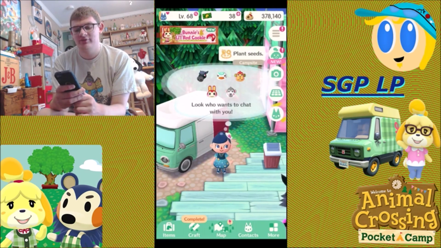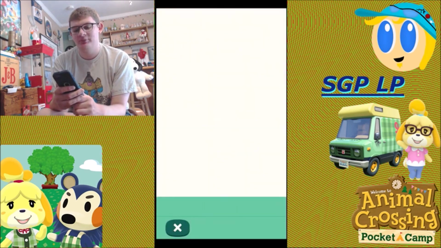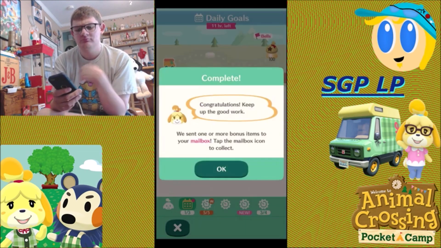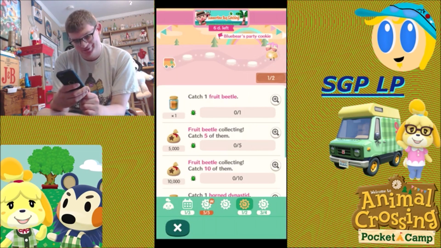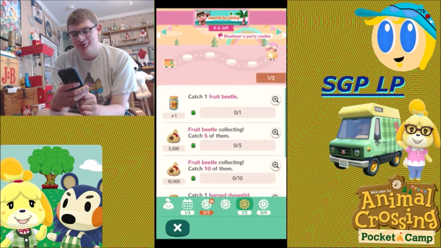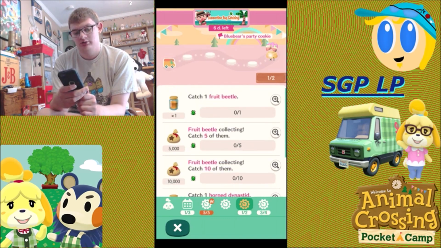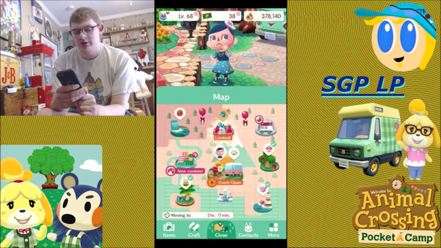And we do still have the flower pollen stuff going on. I'm worried about that, but there's 6 days and all I need is blue, so I'll just do that in my own time. But yeah, we have a bunch of event stuff here. Like, holy crud, what the heck? So, okay, catching fruit beetles, catching Horned Dynasty. Oh, I see how that's working. Okay, I guess that's nice, but anyway, though, we are going to go...